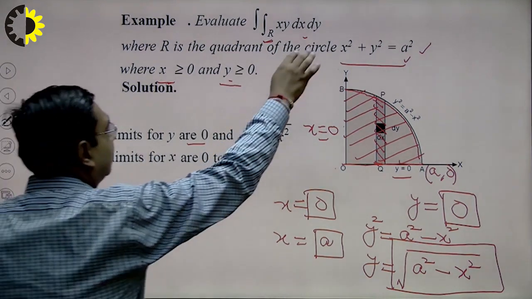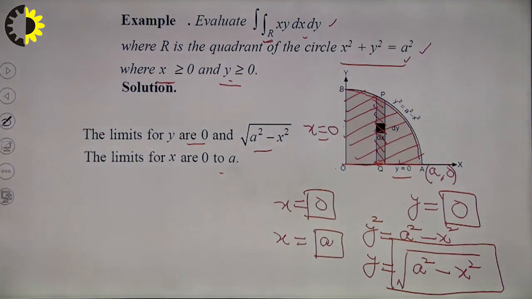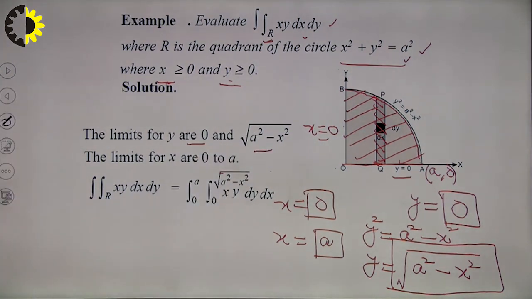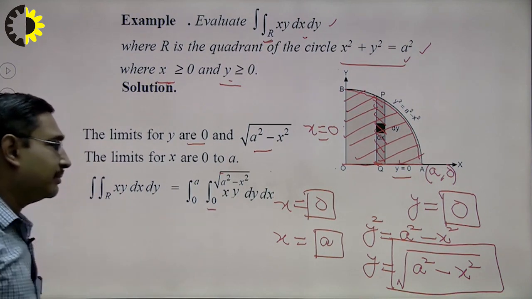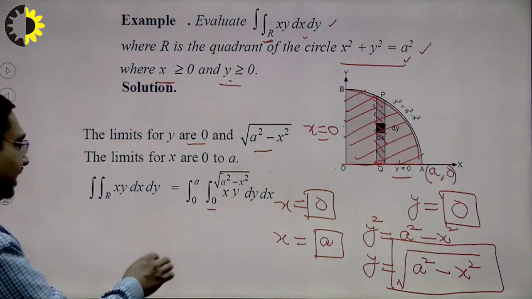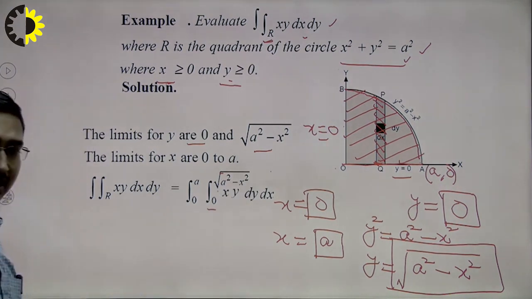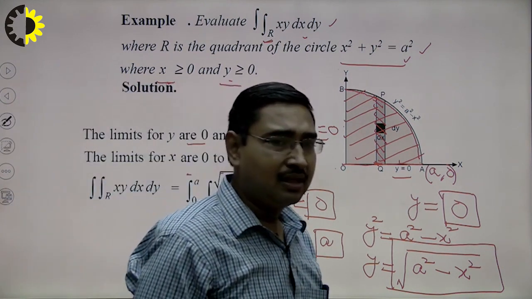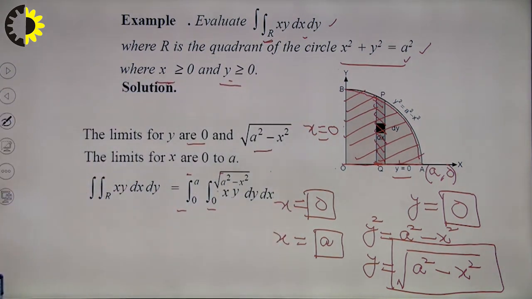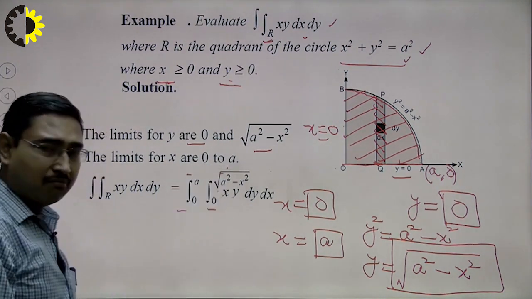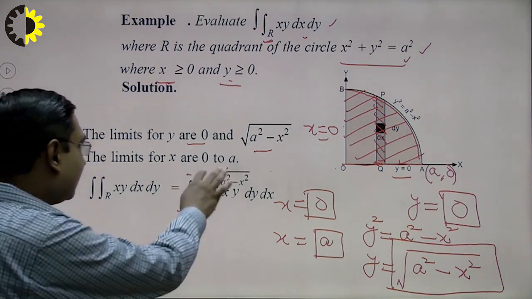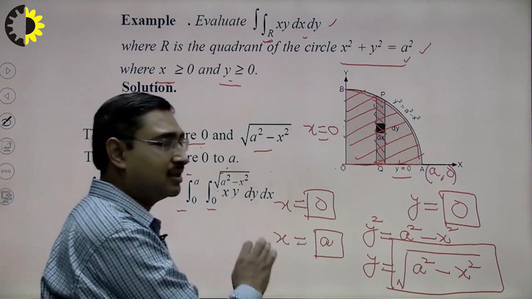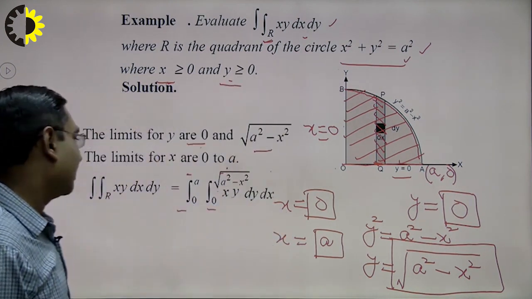Now, we shall apply these limits in this double integral. Because limits of y are variable in terms of x, we must place these limits inside, and that is why I have written 0 to root a square minus x square inside and the constant limit 0 to a outside. It is mandatory for us that we write the limits in proper sequence. The limits which are constant must be placed outside. The limits which are involving variables must be placed inside, because the value of this double integral must be a constant after final evaluation.